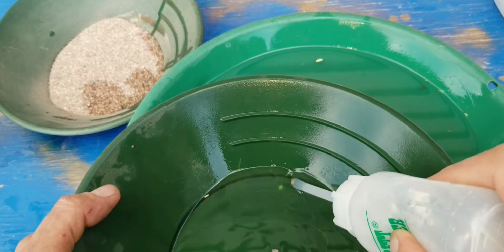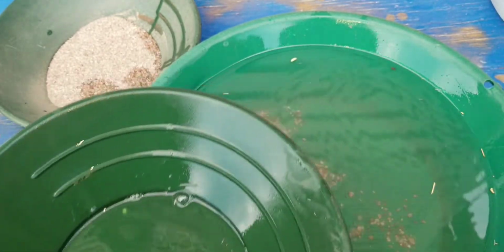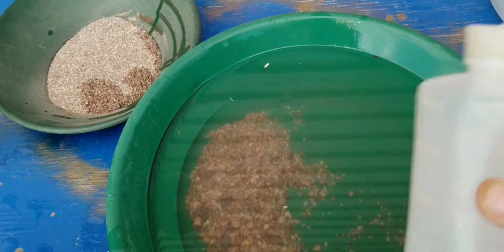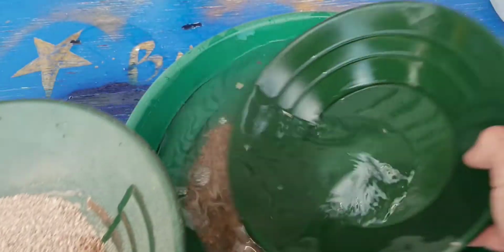I cannot believe I'm still waiting. It's been a month, and I'm still waiting to get my new squirt bottle in, where my nipple broke on this one. I just can't believe that it's taken a month, and it's supposed to be in, I think, next week, the first of next week or something. It says 17th, in time for